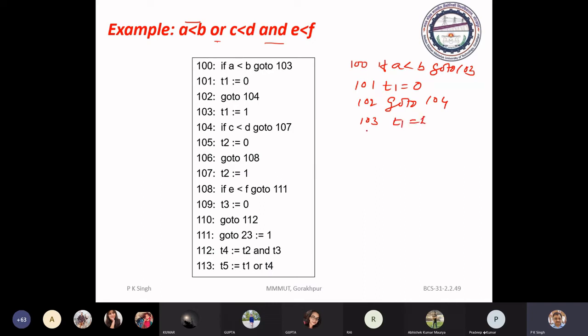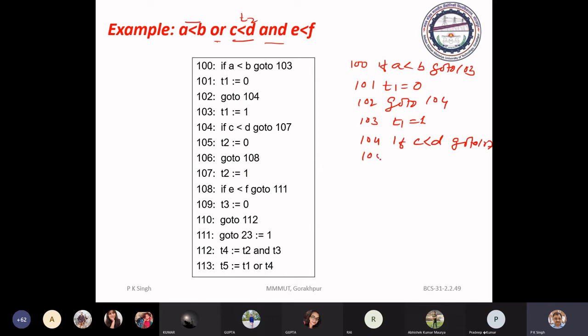Then for this expression, again in T2, 104 is: if C is less than D, go to 104 plus 3, 107.